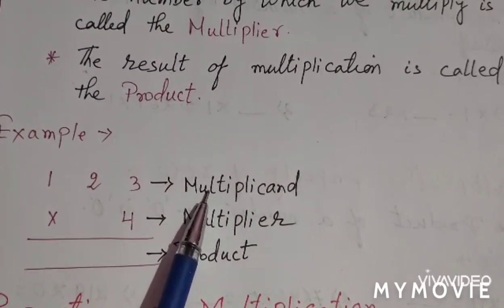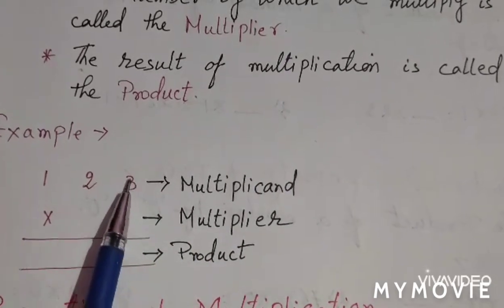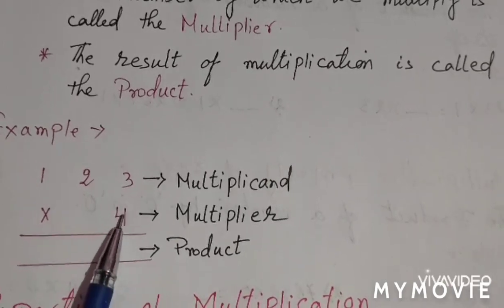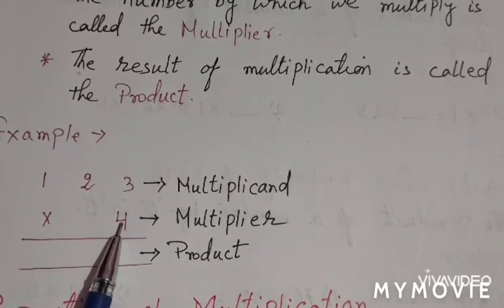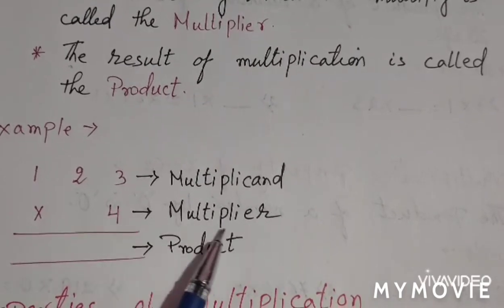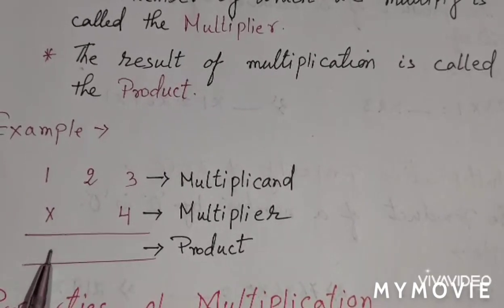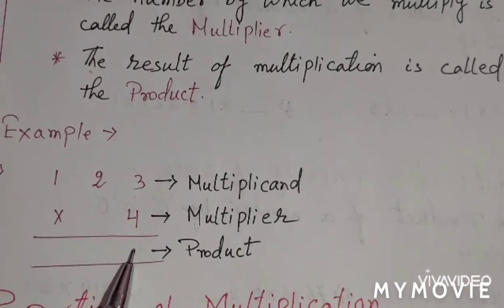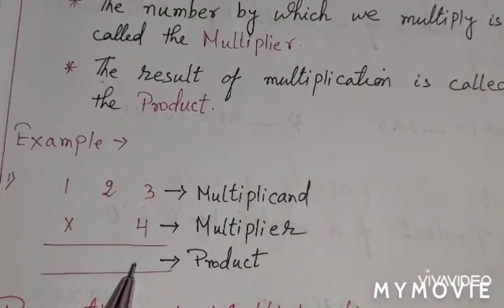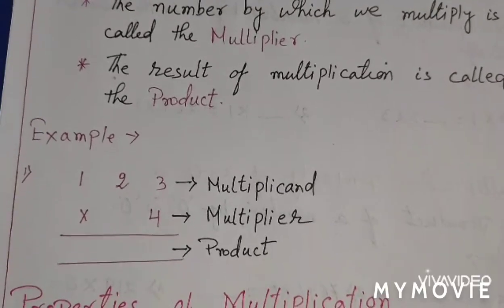Why is it called the multiplicand? Because the number to be multiplied with this only, that is called your multiplicand, and the number by which we multiply, this number we are multiplying, so this is called your multiplier. Okay, after that the result that we got over here is your what? Product. Done. Just see, I am writing the answer over here.